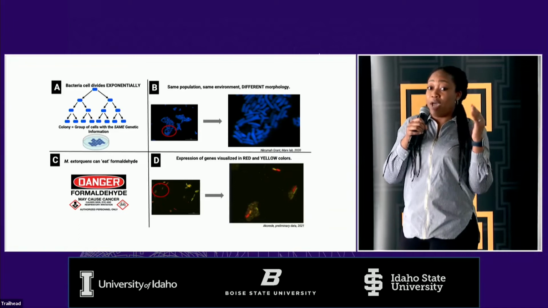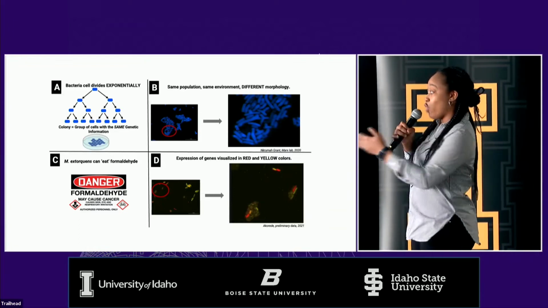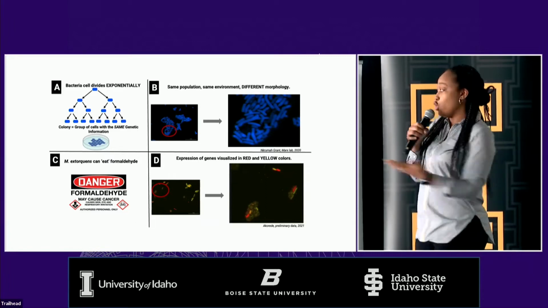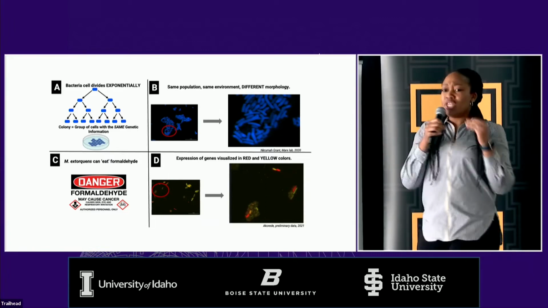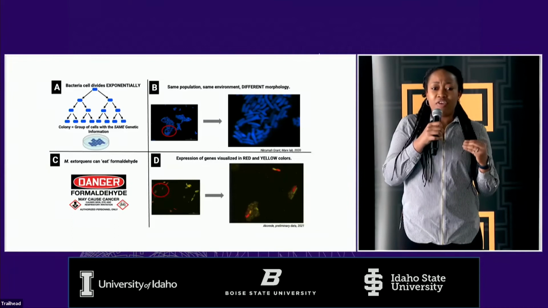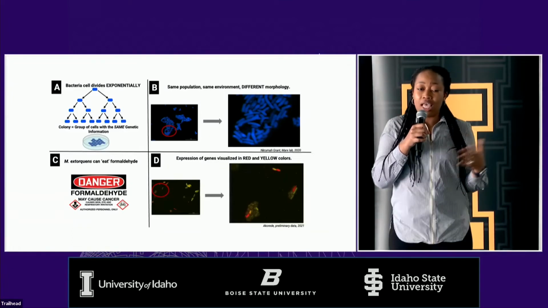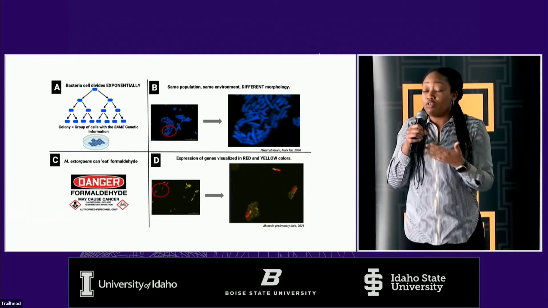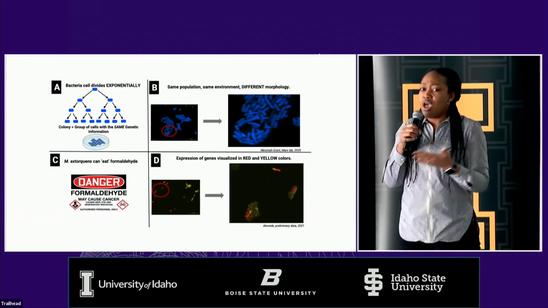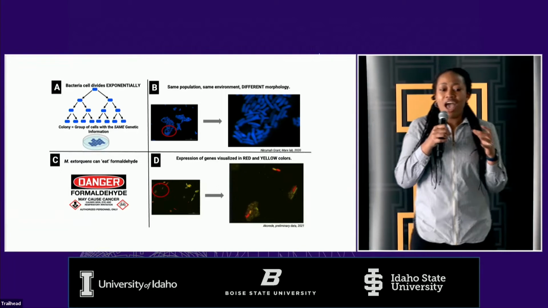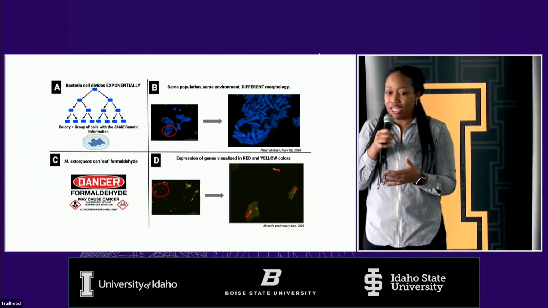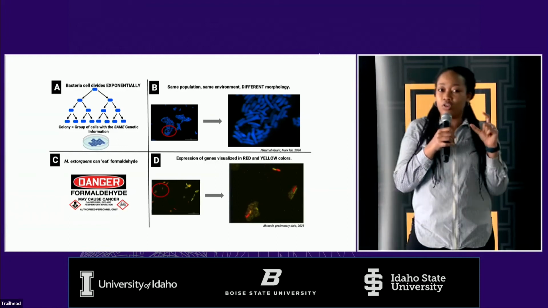I do this by observing the cells in the colors red and yellow to distinguish them when the genes are active, shown in panel D. The unique ability of this bacteria to consume lethal toxins can be exploited in biotech industries by using them to get rid of toxins in the environment. More broadly, understanding how cells can be the same genetically, yet act differently, is important in the treatment of diseases.